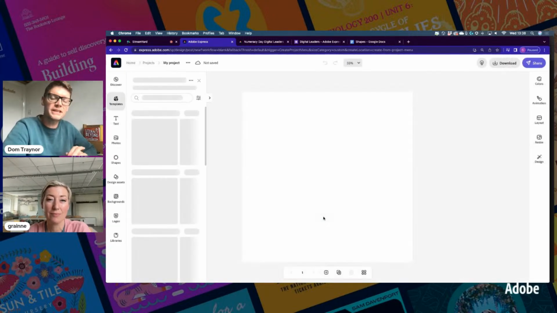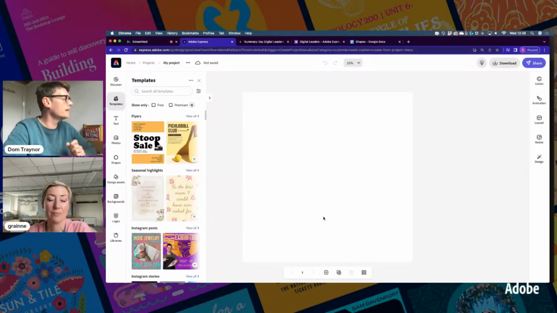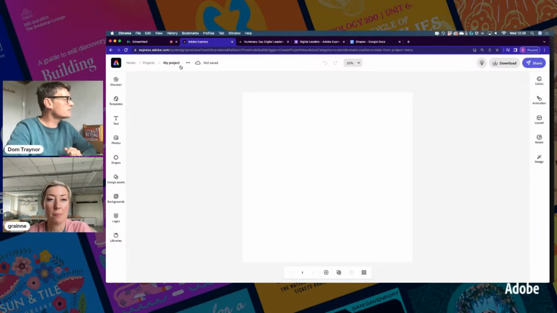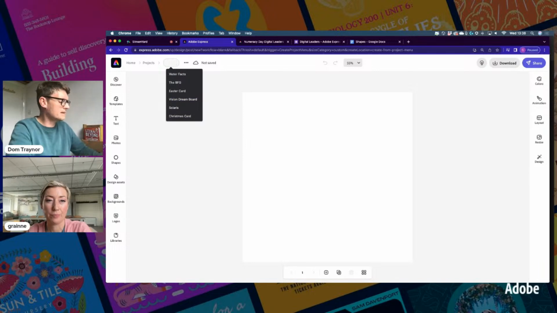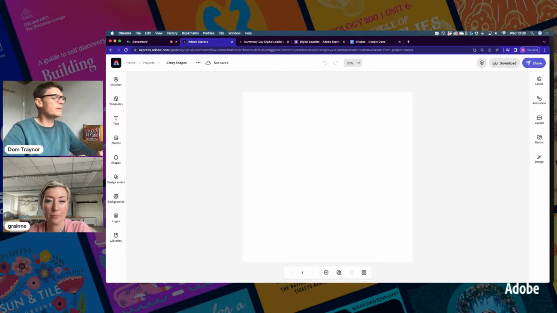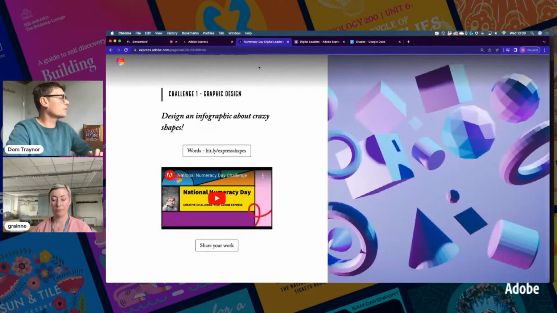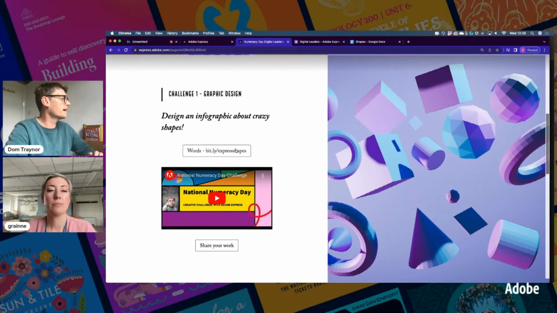Brings it up here. One thing you can do on the browser that you can't do on the iPad is rename it straight away. On the iPad, you have to do that at the end. But I'm going to call mine Crazy Shapes. There we go. Now, if I take us back to this page, you can click this button here, words,